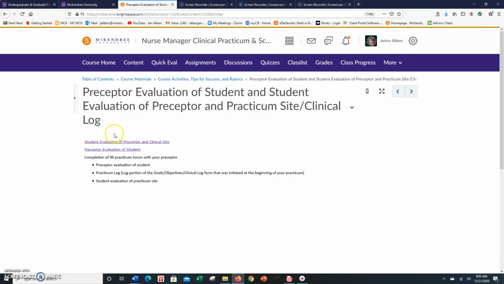We will also have you upload your completed student outcomes, your goals and objectives, and your practicum log. So as you've been documenting all your hours, you're going to make sure that you have all 90 of your hours completed, and you are going to submit your completed practicum log